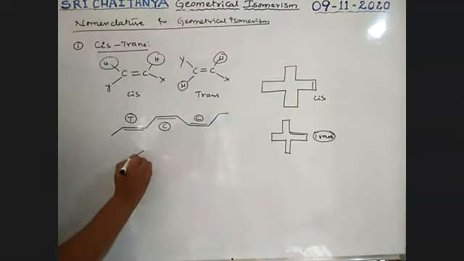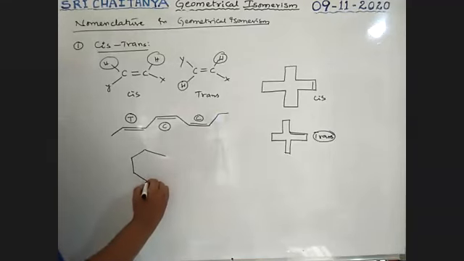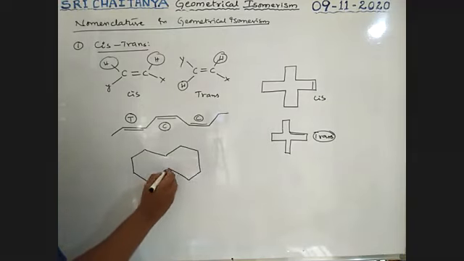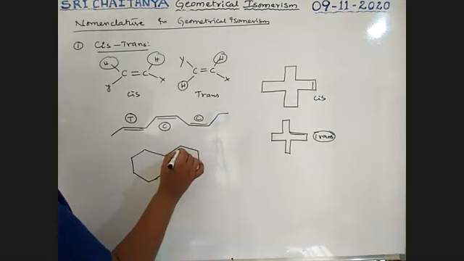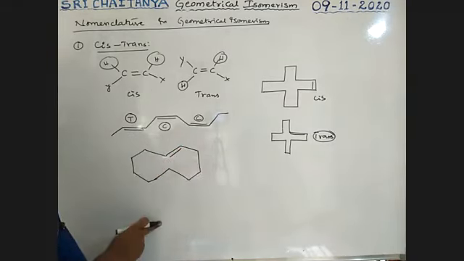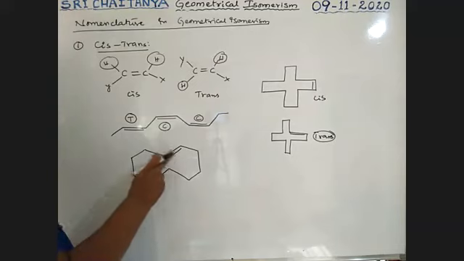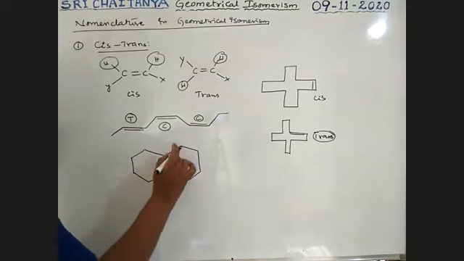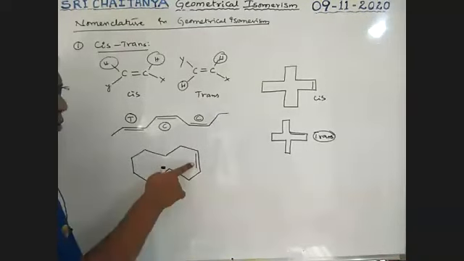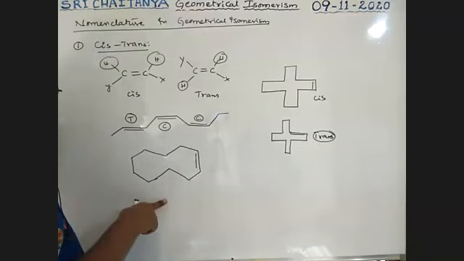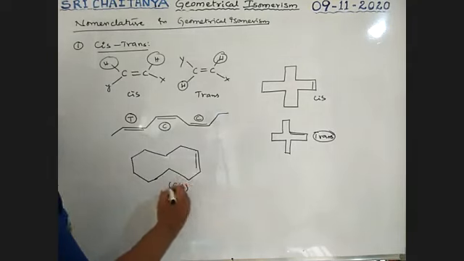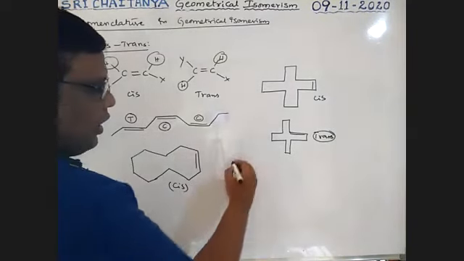See here. I'm taking the double bond at this position. Is this cis or trans? At this double bond, is it the cis position or the trans condition? Yes, on this side it is trans. Now I'm taking the double bond at this position. Is this cis or trans? Yes, it is cis. Now the structure is cis, boys. Previously we explained the trans condition.